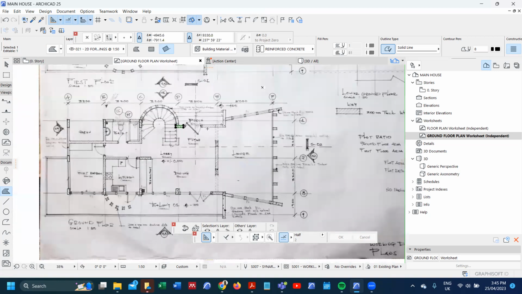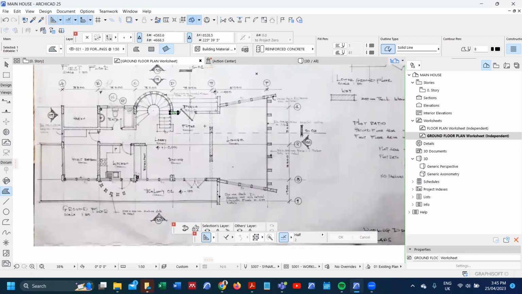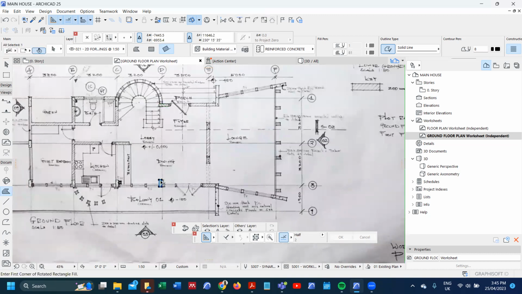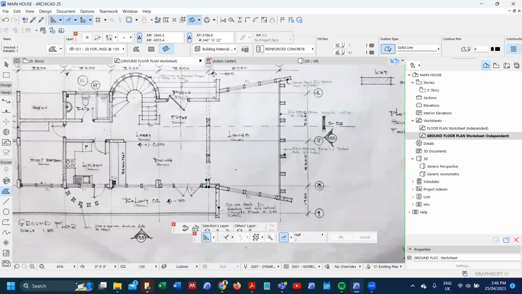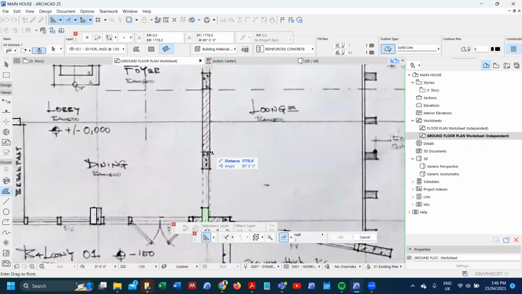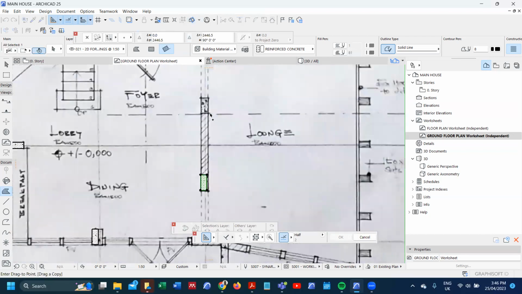We have another set of columns here. Now this one's at 3,500. So what I'll do, drag a copy, 3,500. Then I'll move this one. It's around 1,800, 1,750. Then I'll still drag a copy around